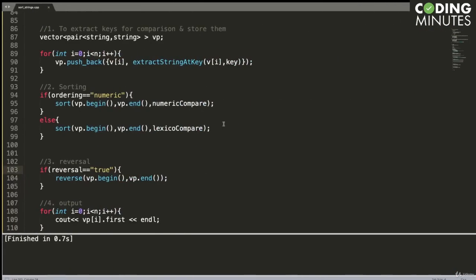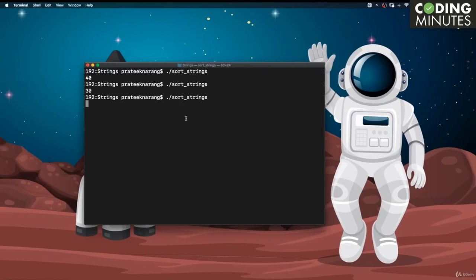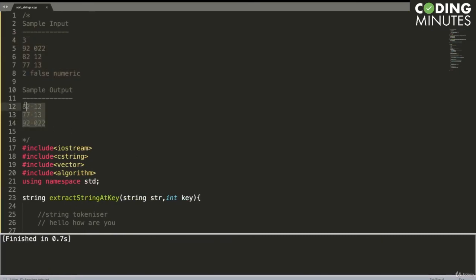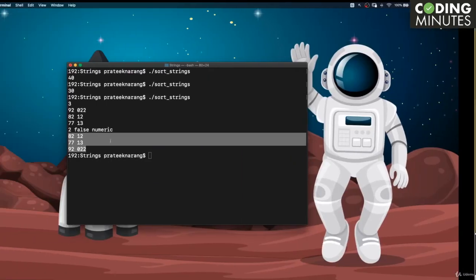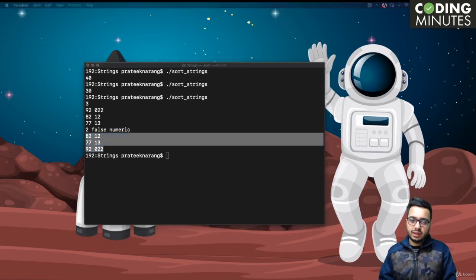Now we also need to give input, so let's take the input from here. And we get 8212, 7713, 92022, which is the same as the sample output. So that means our implementation is correct, and this is how we solve the problem.